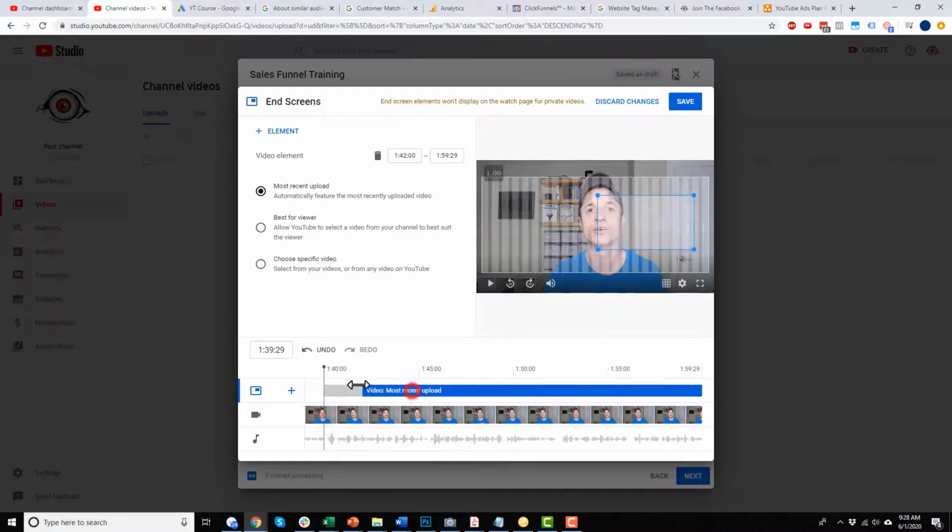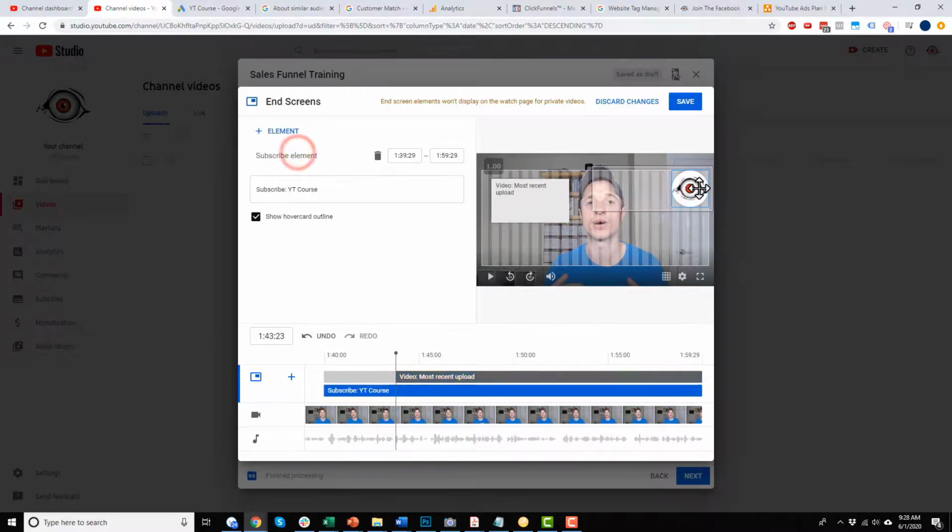You can also change when it's triggered in your video. So if you have a lead out, you could go ahead and make it make sense when it pops up and all that type of stuff. You could add a subscribe button as well. So we could throw this in here, and boom, we have our little template created, and so on. So it's pretty self-explanatory. You just kind of play with it, get it the way you want it.